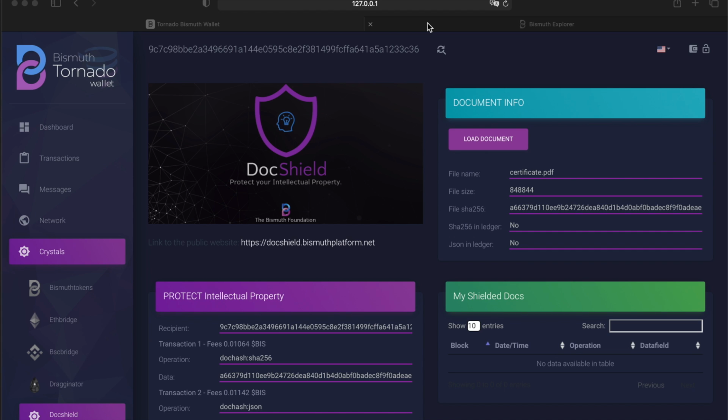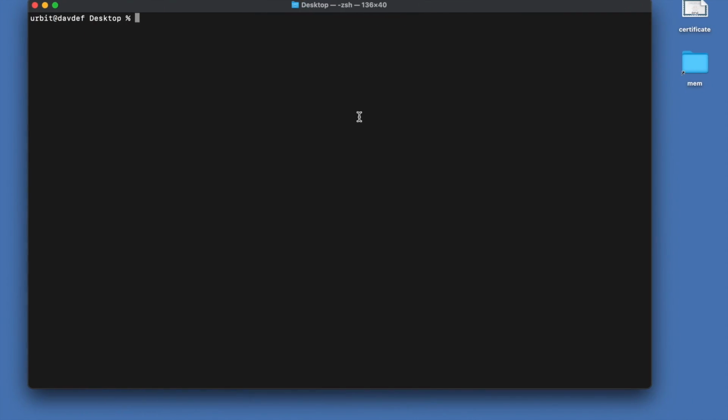All right, while we are waiting now for the transaction to be confirmed on the Bismuth blockchain, we will check the hash of that file manually via the terminal. Right, I'm now here on the terminal and I see on the right is this PDF file I want to check. And I could also manually check it, and that's what I'm going to do now. Show some algorithm, and the algorithm is 256. And then I just have to